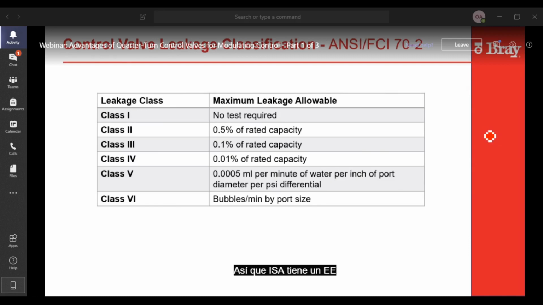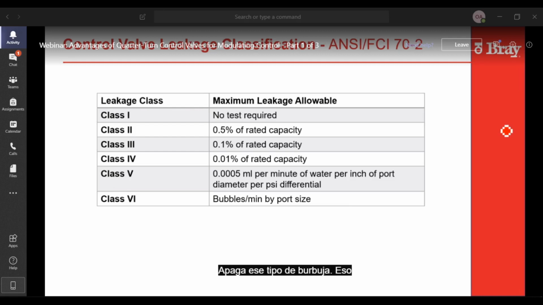So ISA has a series of classifications for allowable leakage, and this is on the test bench at the valve factory. So these classifications were accepted for control valves. It's ANSI FCI 70-2. So people say they want class 6 shut off.